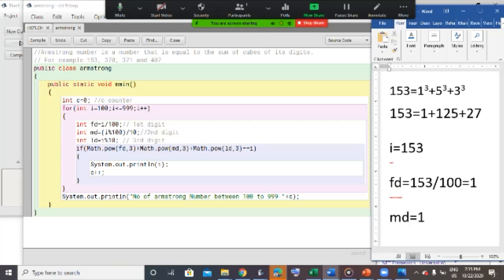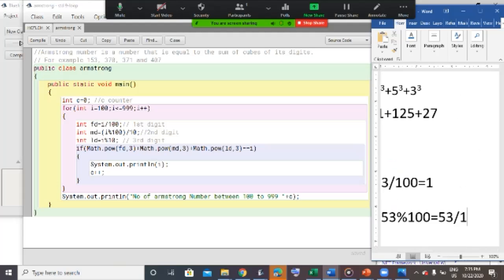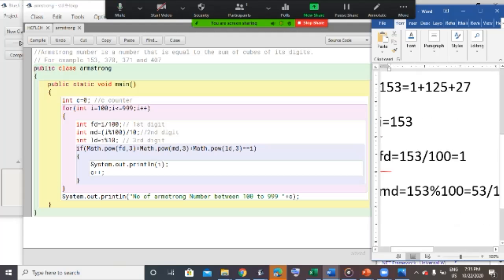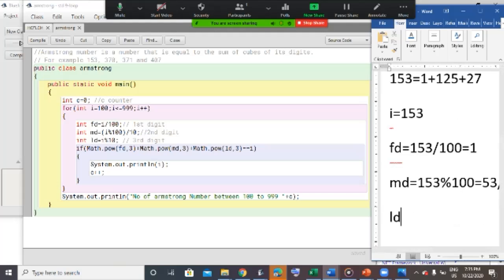Middle digit equals 153 modulus 100, that is the remainder, which gives 53, again divided by 10. So the quotient now will be 5. So 5 has been extracted, and the last digit is 153 modulus 10, which gives the remainder 3. So the first digit is 1, the middle digit is 5, and the last digit is 3.